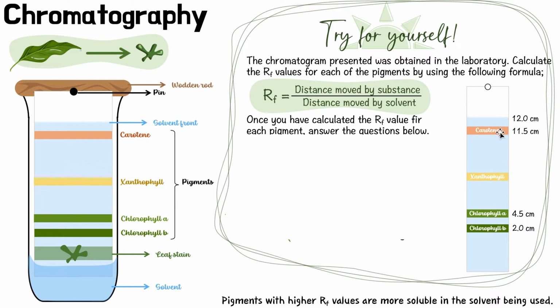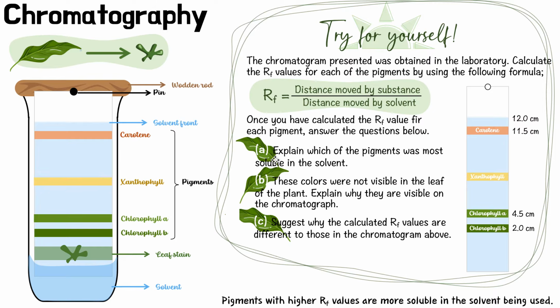So the highest retardation factor is 1 and the lowest is 0. The closer you are to 1, it means the further it moved. The further it moved, the closer it is to the solvent. Okay, so chlorophyll here would have a much lower retardation factor. It was much less soluble in the solvent. Okay, so you can calculate all of those and you can see the difference. It's very simple, but make sure you remember this. It can be asked. So now I have some other questions for you to see if you really understand it.